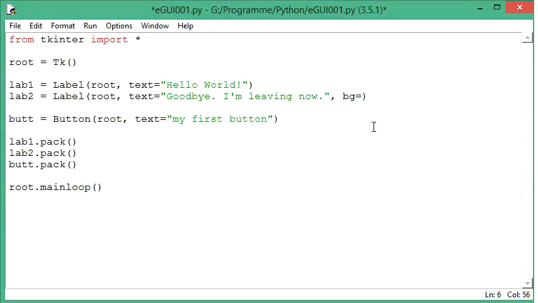Is equal to, and now we have to quote this and mark this with a hashtag, which is the sign for the color, and we want to give this for example